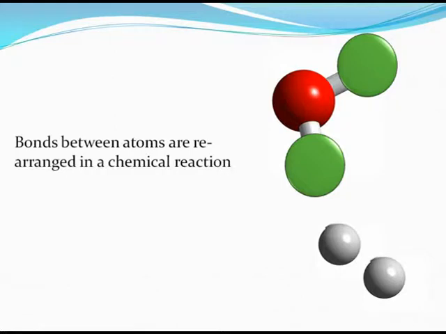Note that atoms themselves do not change. For example, if water gives hydrogen and oxygen, in that case, the hydrogen atoms and oxygen atoms in water are still the same as the hydrogen atoms and oxygen atoms in the final products. But the bonds between hydrogen and oxygen break down and get rearranged to form separate hydrogen molecules and separate oxygen molecules. Understood? To further get a grasp of chemical reactions, let's take a look at two chemical reactions in the top coaching laboratory.